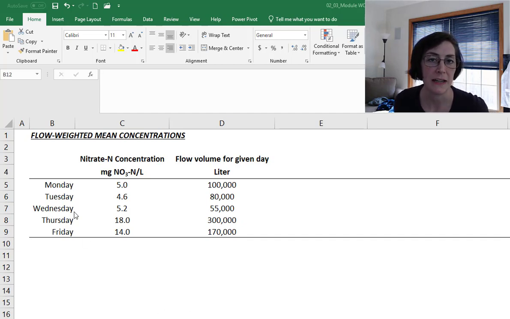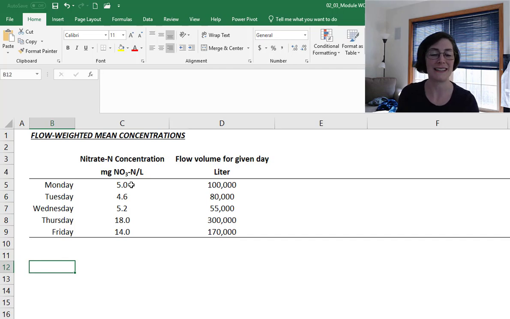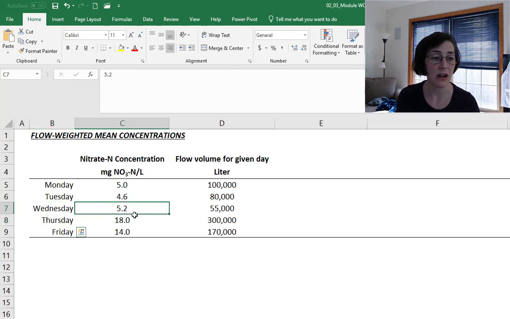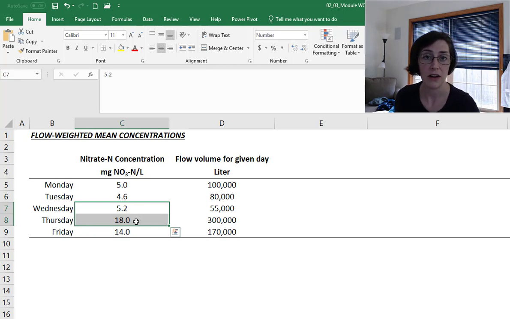In this hypothetical data set that I made up, I have water samples that were collected Monday through Friday, so 5 consecutive days, and we have nitrate concentrations for those 5 days. In this hypothetical data set, what happened was that on Wednesday night into Thursday, say for example, the farmer happened to apply nitrogen fertilizer, and so you'll see those nitrate concentrations increased a lot from Monday, Tuesday, Wednesday up to the values on Thursday, Friday.